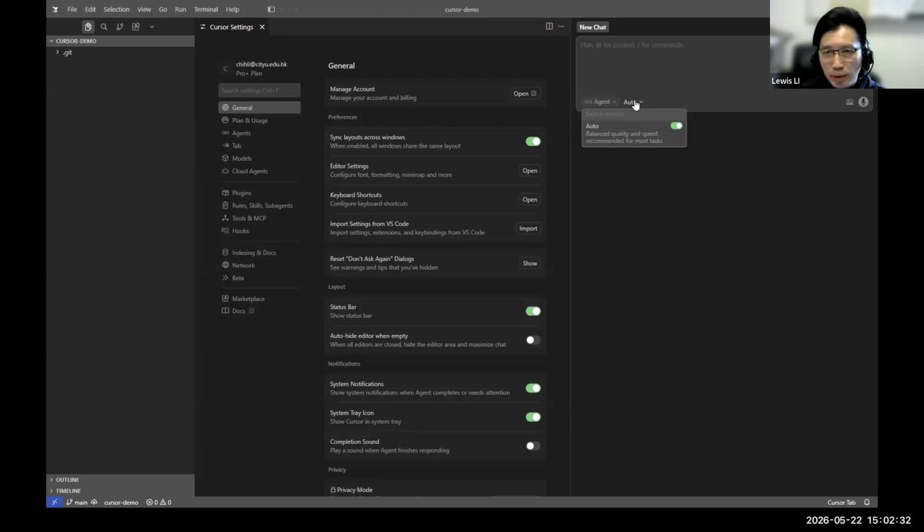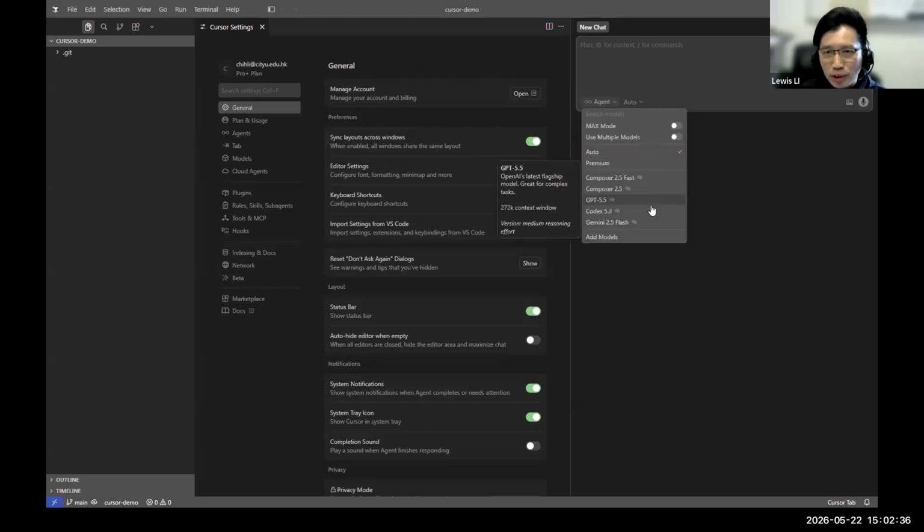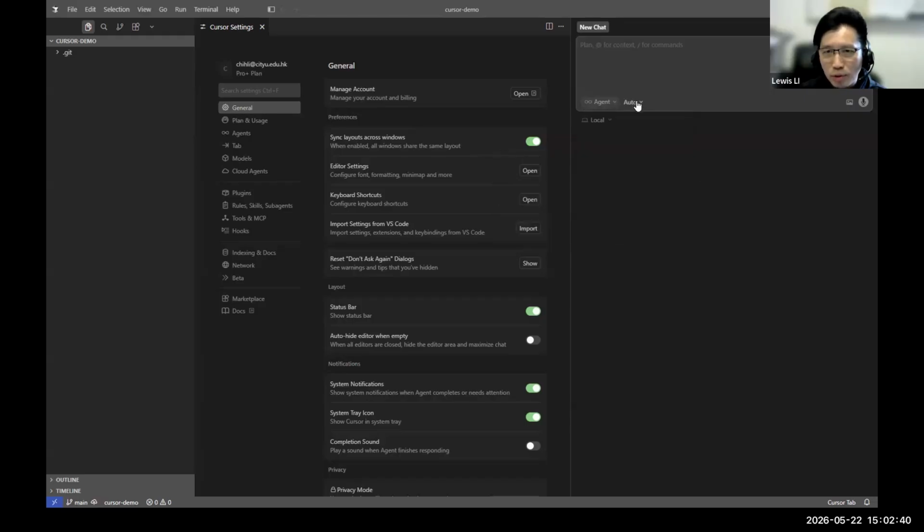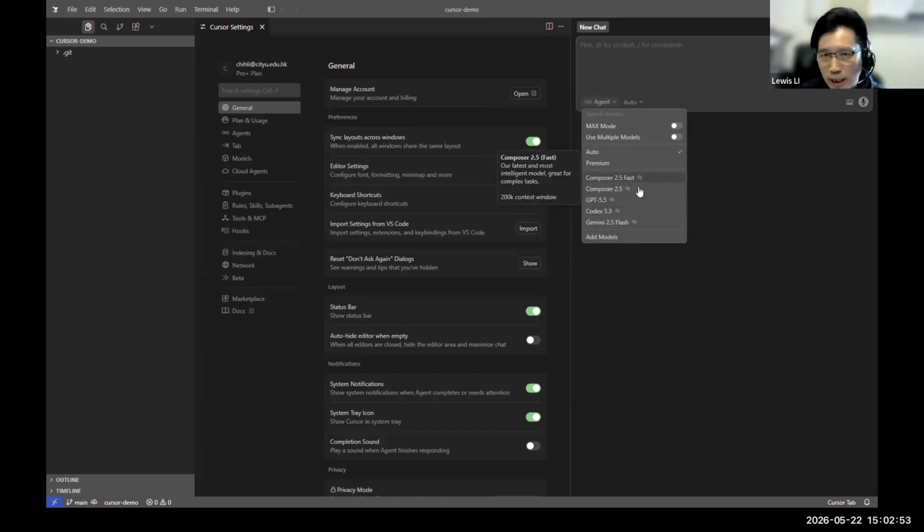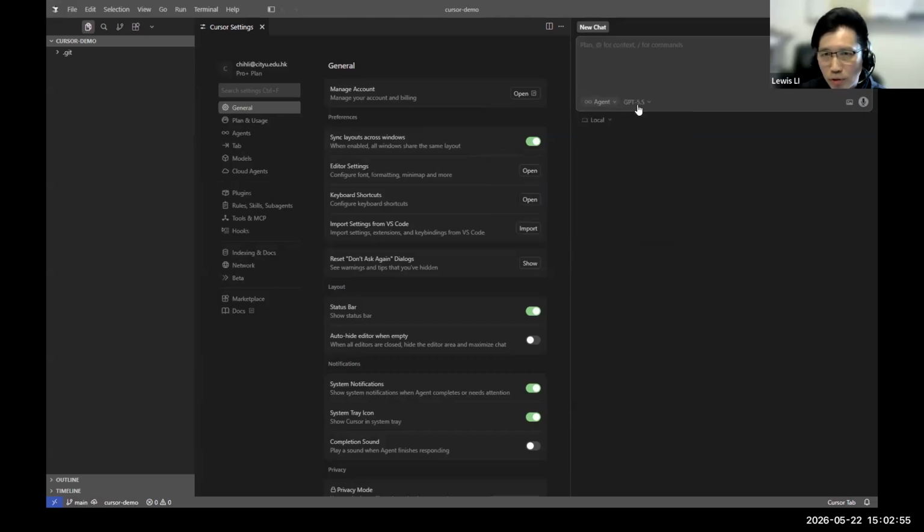So if you subscribe to the free plan, then you won't be able to select the model down here. By default it is the auto mode. You won't have the option to select different models. Okay. So if you subscribe to any paid version, then you will be able to select different models to use in your chat box.